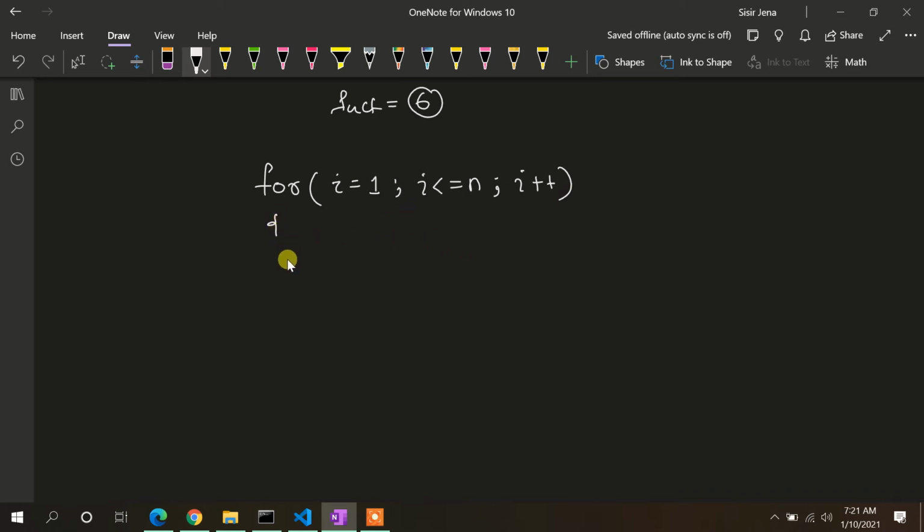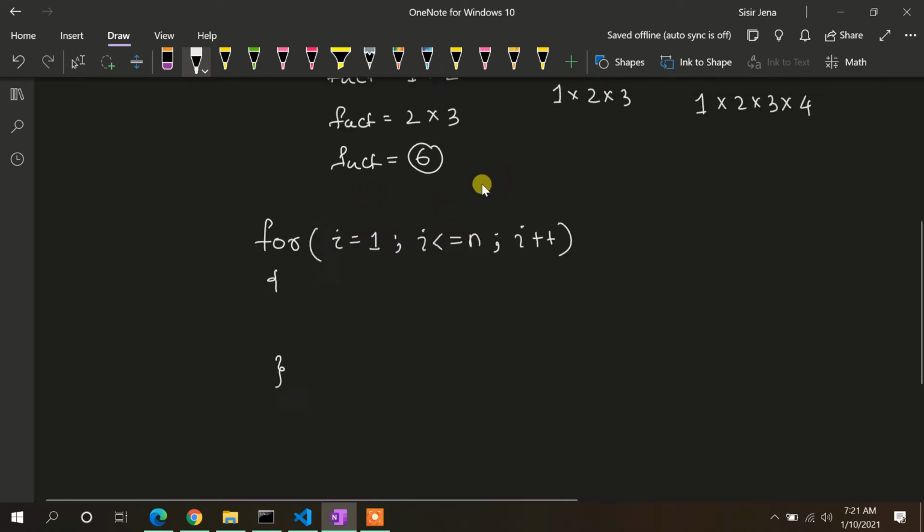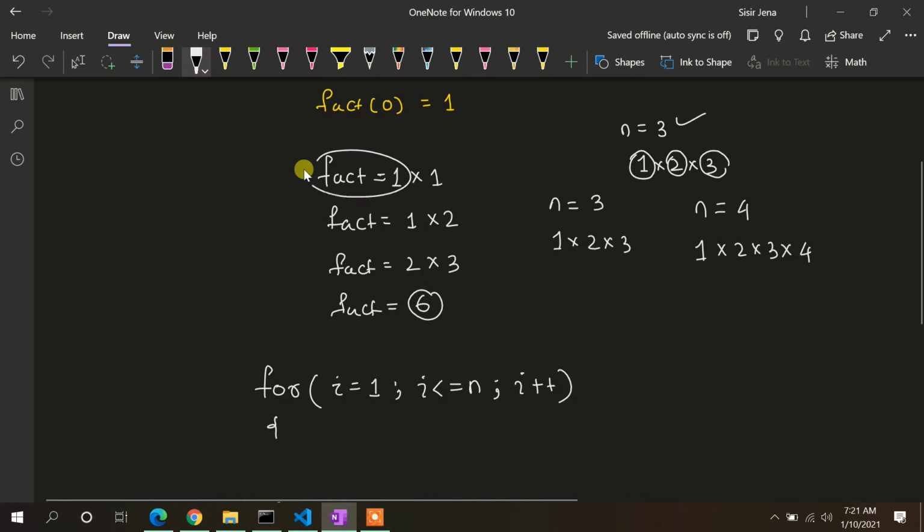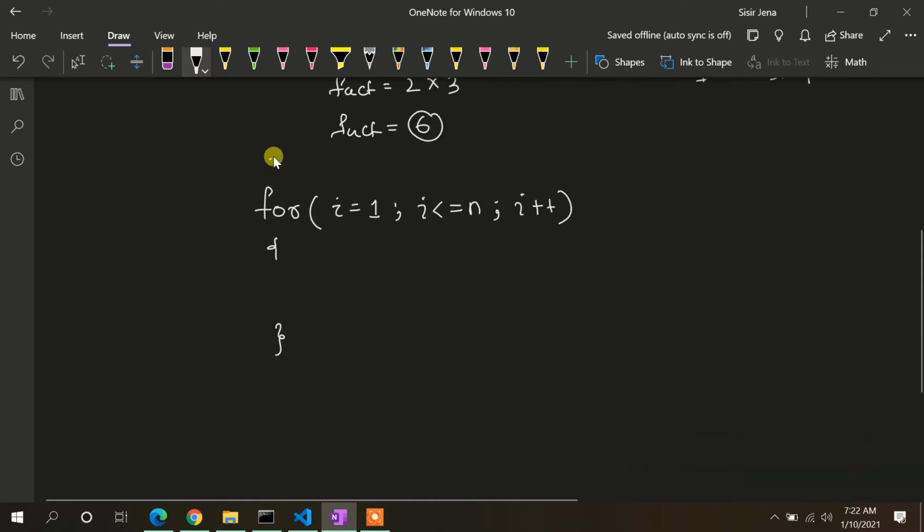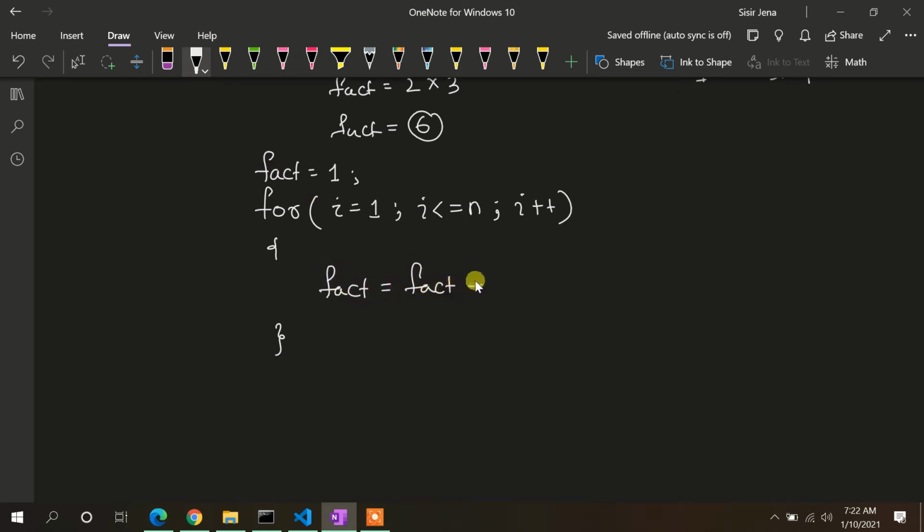Now I know that I am going to multiply this 1, 2, 3, 4, 5 with whom? With a variable known as fact. So I will initialize the fact variable at the first, before this loop starts. So the fact variable is initialized as 1. Now I'm going to write something like this: fact equal to fact into i.